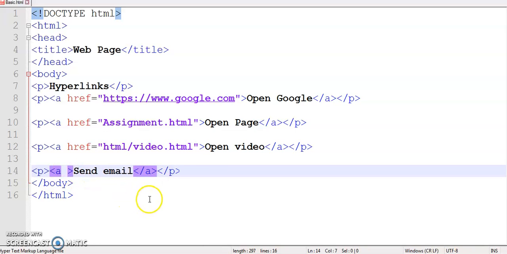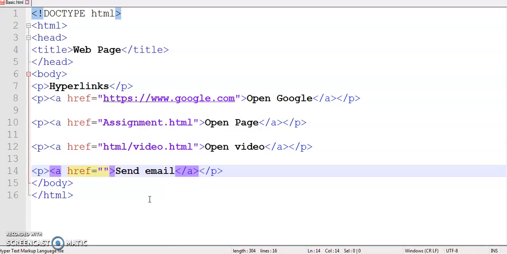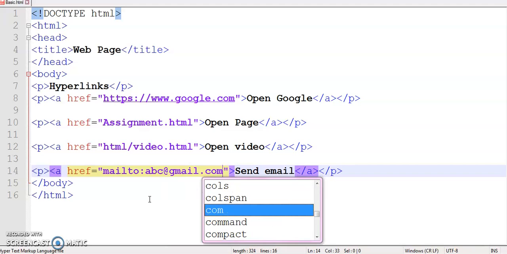For this, you have to use mailto inside the href. So you have to type mailto and then a colon, and then you have to provide the email address to whom you want to send the email. Suppose I am typing a demo email address here. So abc@gmail.com.